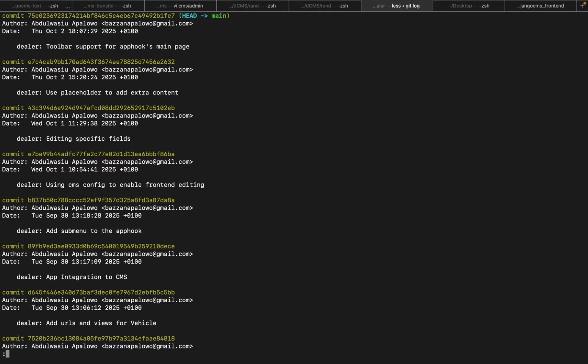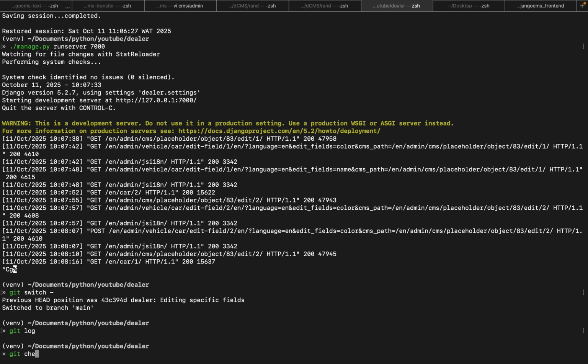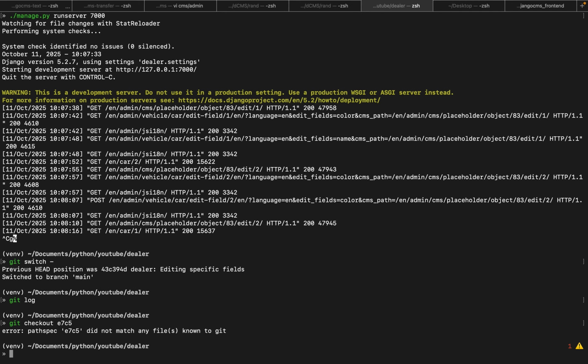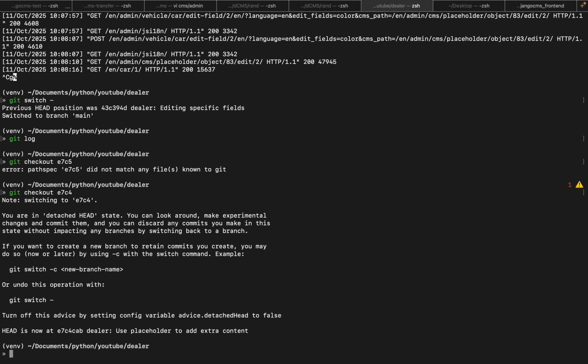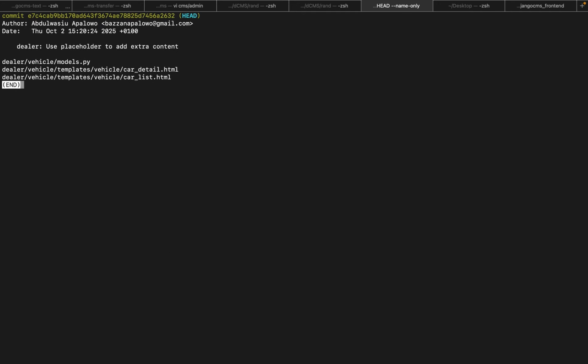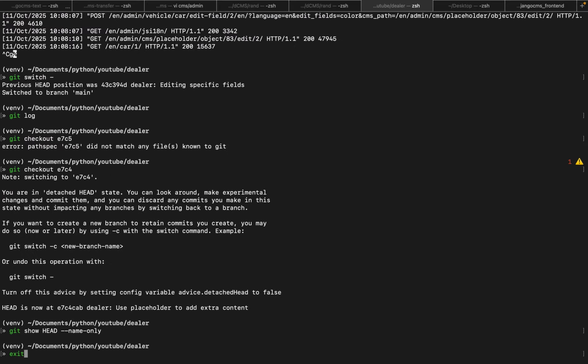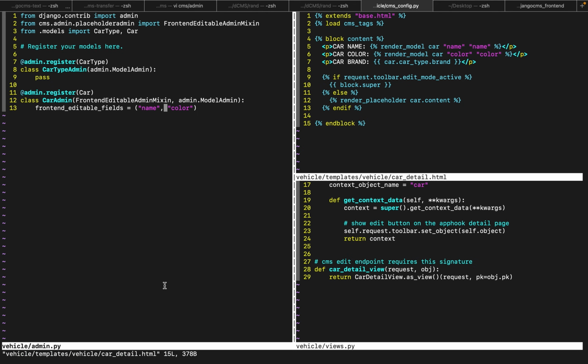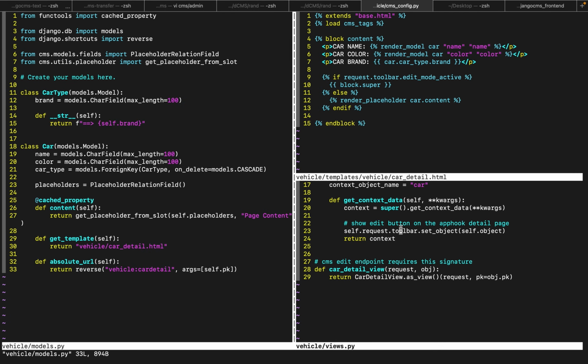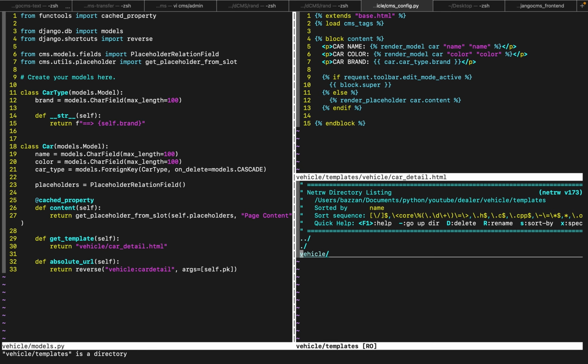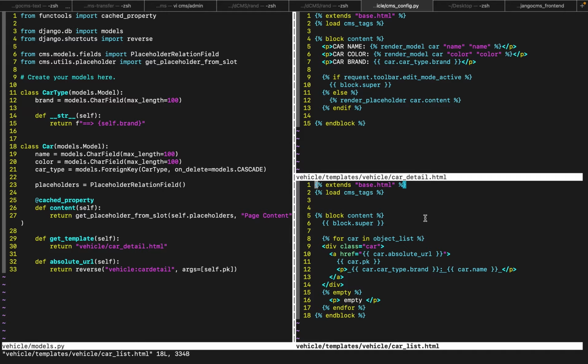Check out the car detail and this model, the car list. So basically, placeholders in Django CMS are a technical concept